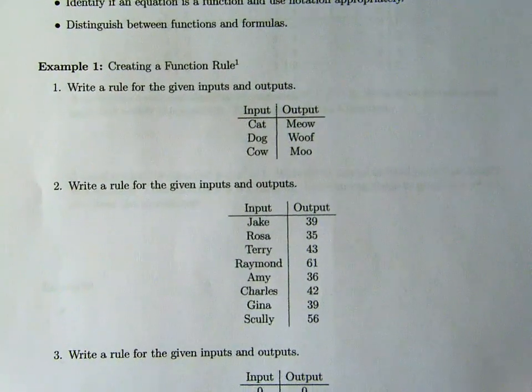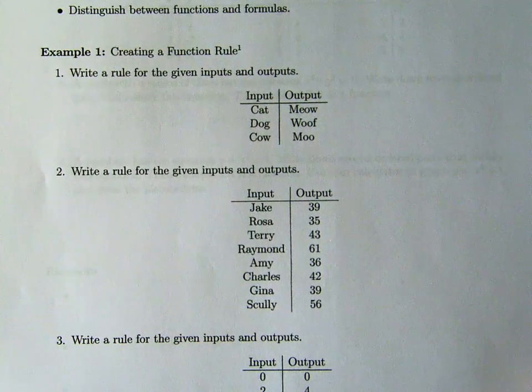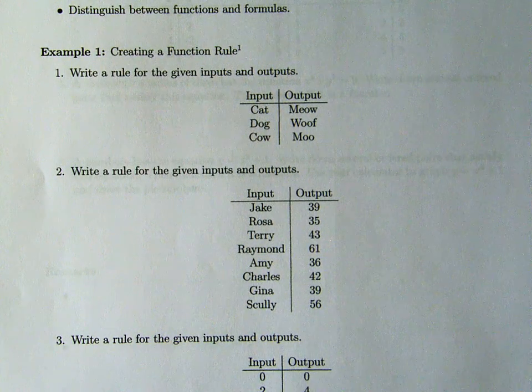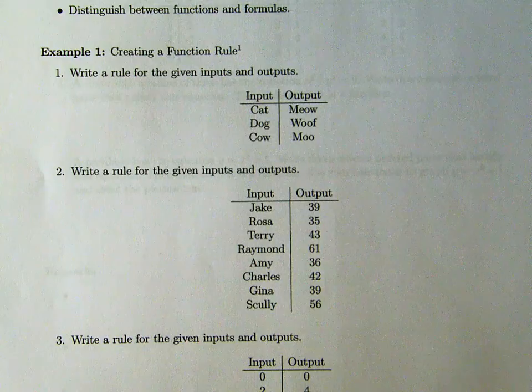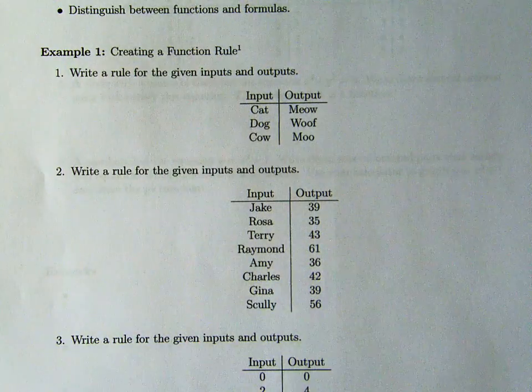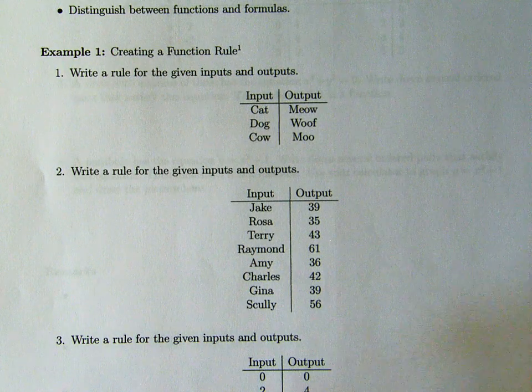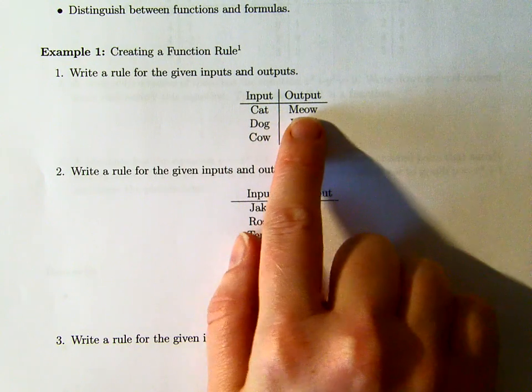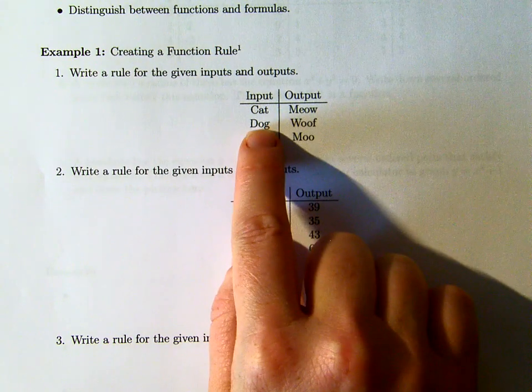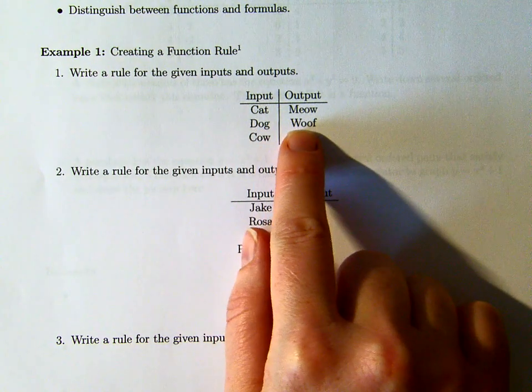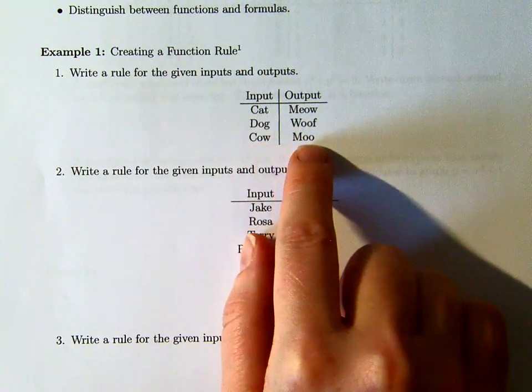So, in example 1, we're talking about creating a function rule. It says write a rule for the given inputs and outputs. So, the input is a cat, the output is a meow. The input is a dog, the output is a woof. The input is a cow, and the output is a